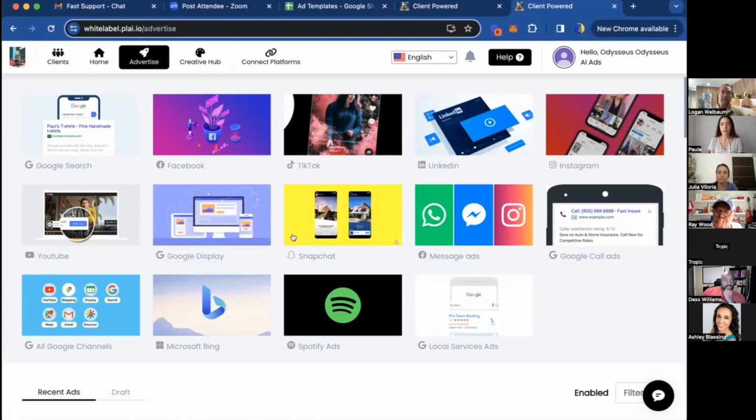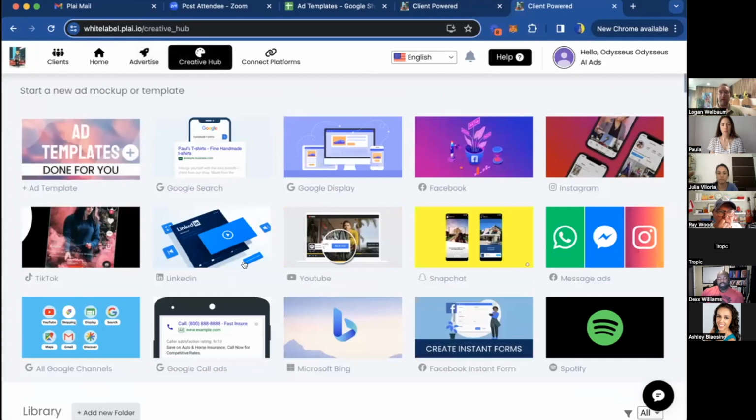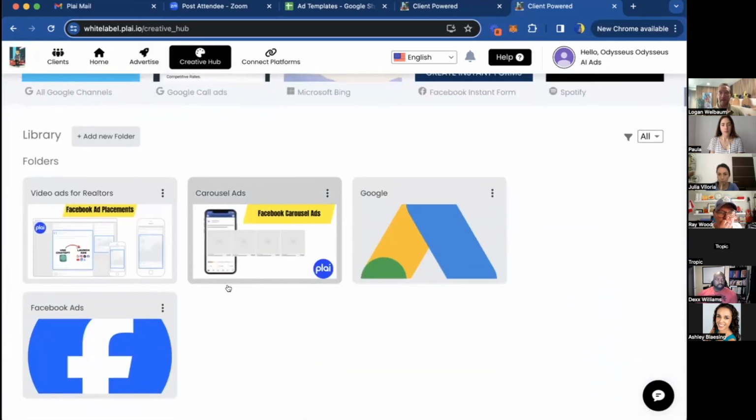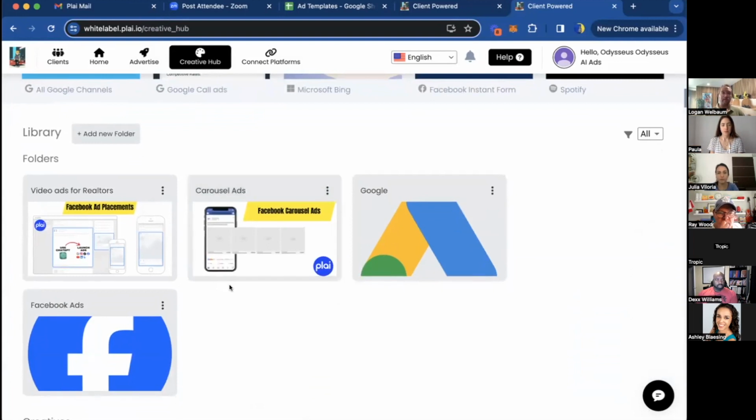Whereas what we're doing is very similar to the Creative Hub, where you can group your ad templates into folders and everything right here. We will be giving you the option to group campaigns into folders. So you can even bring in your existing campaigns. You can bring in campaigns from Snapchat, from Spotify, from Bing, Facebook, TikTok, group them into these optimization folders. We'll give you certain timelines. So you can choose like 7 days or 14 days or 30 days optimization levels.